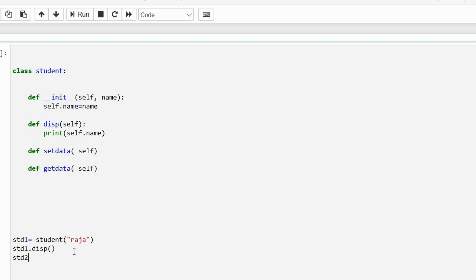Suppose you want to create another object like student2 equal to another instantiation of the class Student. Now you can give another student name. Now if you want to call any of the above methods, then from that object you can call any functions, set data or get data. We can write logic here. After return also you can do some printing or some other things.